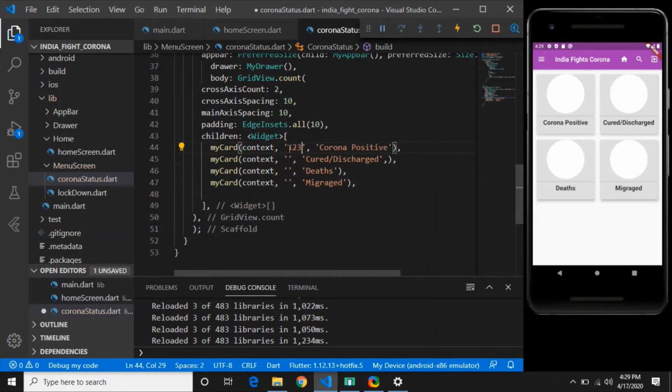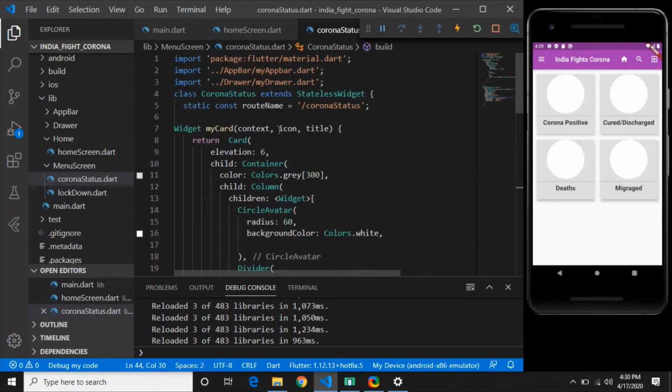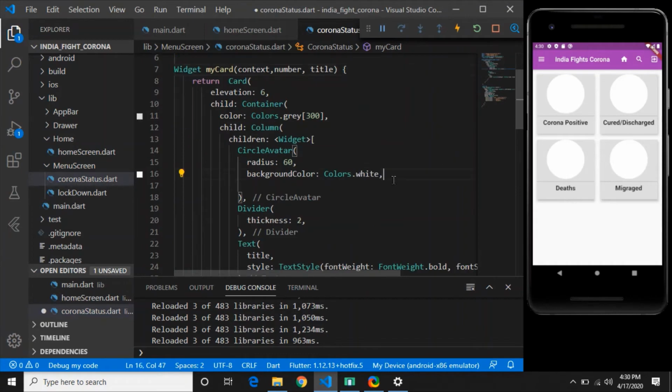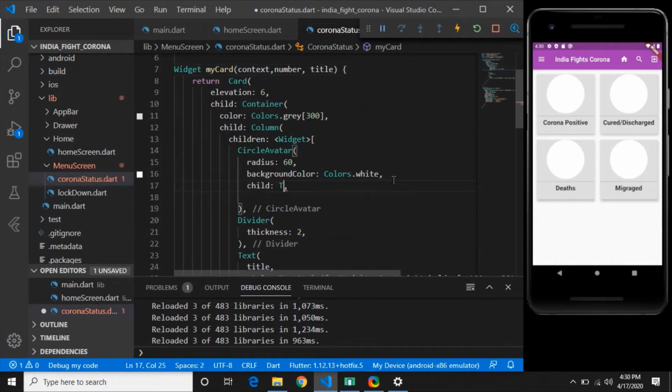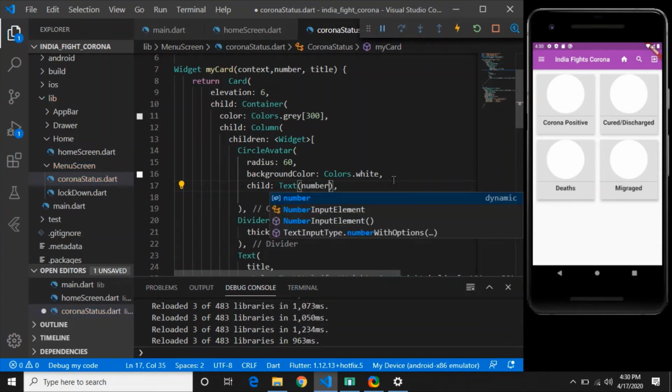Right, we are not adding this. Instead of icon, because we removed icon, I will write number and I will pass this argument to the circle avatar as a child. Child will be text and text will be number. So you can see number 1, 2, 3, 4, but that number should be in the center.